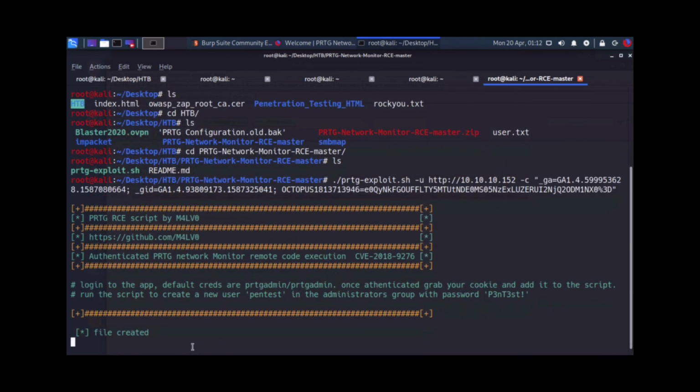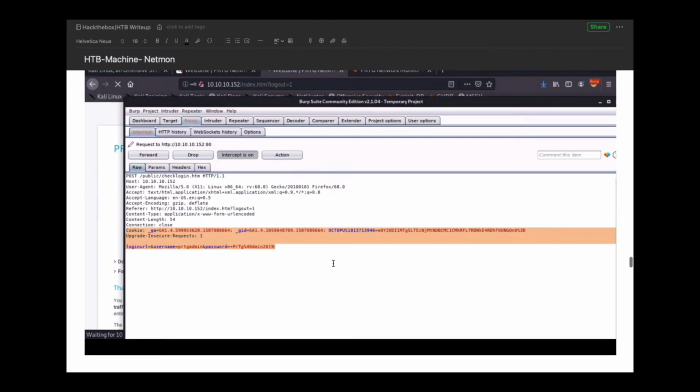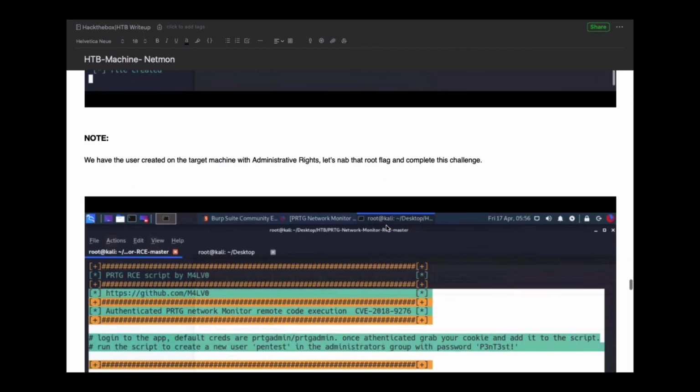You can easily check it here, it's going to create a user with user pentest and the password is capital P3 and capital 3 exclamation. So automatically it will create a user inside the Windows box, and after that you can call this user and you will get the root flag.